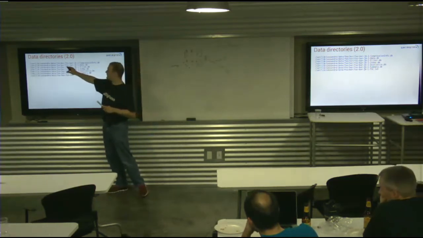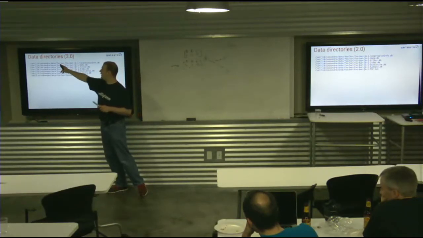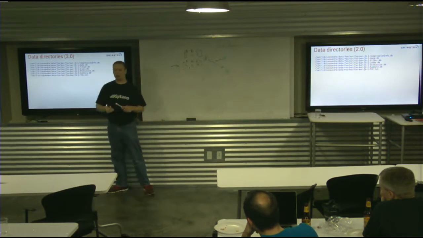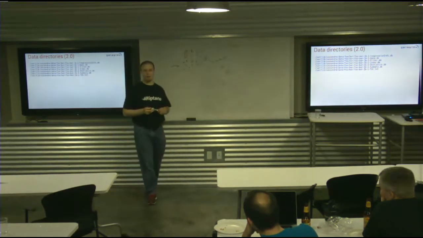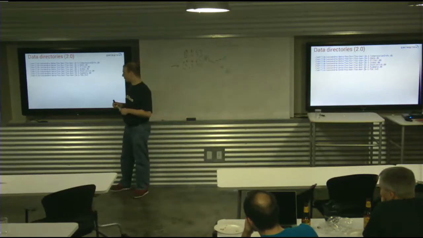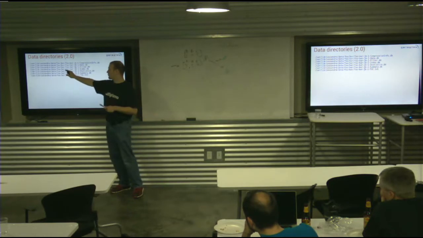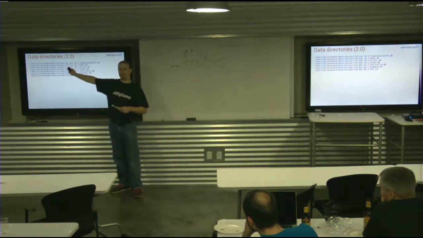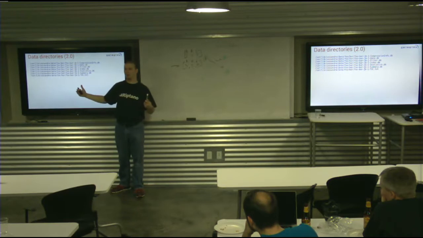But the interesting part here is that my keyspace name and my table name are part of the path on disk. And so where this gets us into trouble is when you drop a table and then recreate it with a different schema. And there's a bunch of ways where data from the old schema could